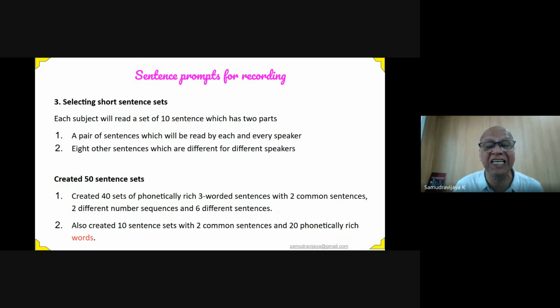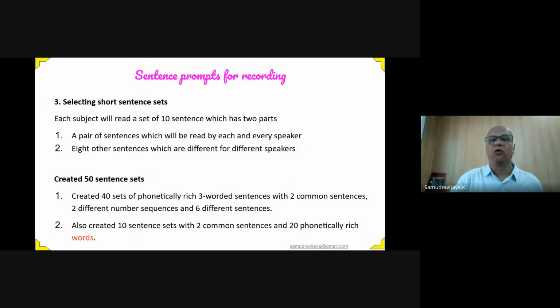They get tired easily. So we decided that each person will speak vowels, a, e, and so on, words, papa, pipi, pupu, and 10 sentences. Each sentence again containing only 3 words because they get tired. But if they all read the same sentence, that is no good. But if every person speaks different sets of 10 sentences, that is also not good, because we want to find out the degree of dysarthria of different people.